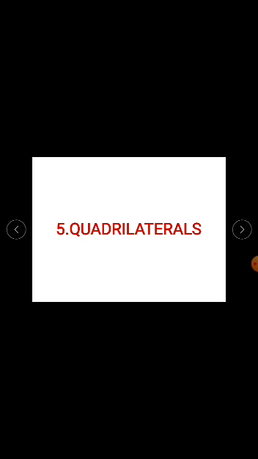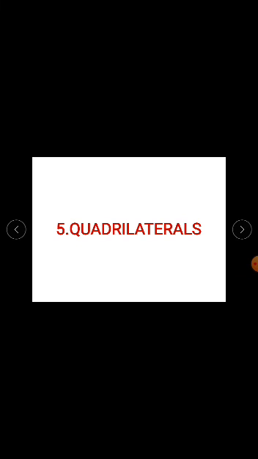With this beautiful thought, today I will start fifth chapter of Maths 2, that is quadrilaterals. In lower classes, you have already studied about quadrilaterals. So what is a quadrilateral? In Euclidean plane geometry, a quadrilateral is a polygon with four edges, edges means sides, and four vertices, vertices means corners.